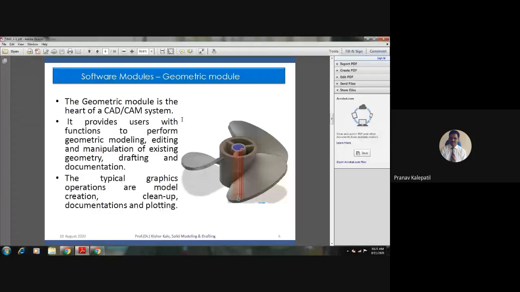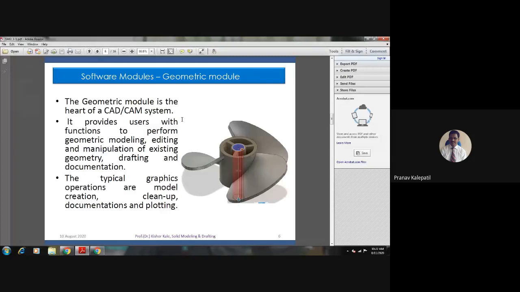In this pandemic situation, our labs are now closed. We are not able to access the laboratories. Otherwise, you could see all these things available, even the CATIA software. There is no real change between different software. The modules are the same. Only the GUI, that is the graphic user interface, the outside world, would be different. Inside, it is almost the same.